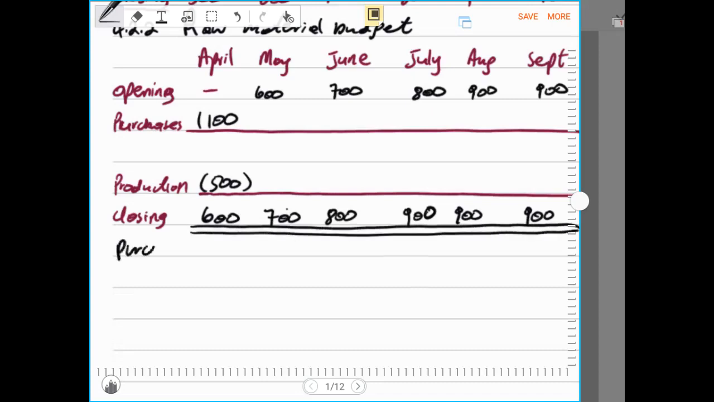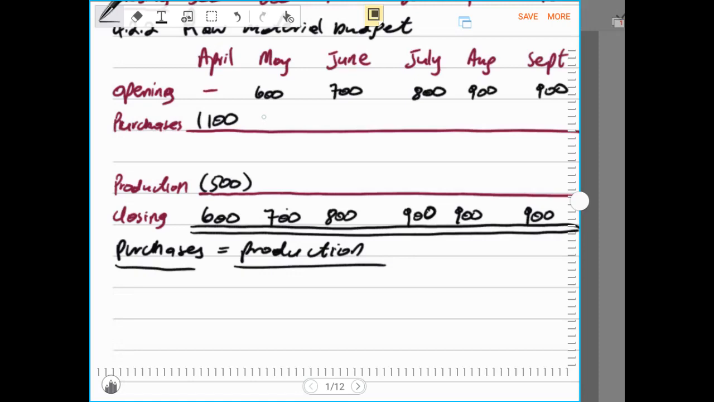Purchases is equal to production. So now in this case, we have to record our purchases for the month of May. And remember, it has to be such that at the end, we are left with 700 as the closing. So now, hence, I'm saying purchases is equal to production. So now, our purchases will be